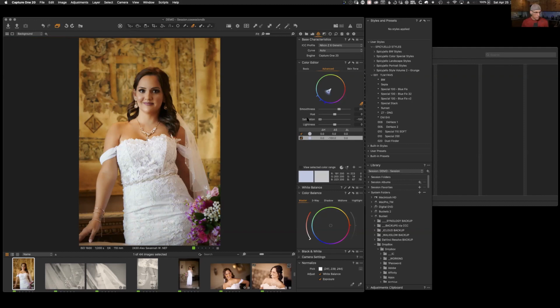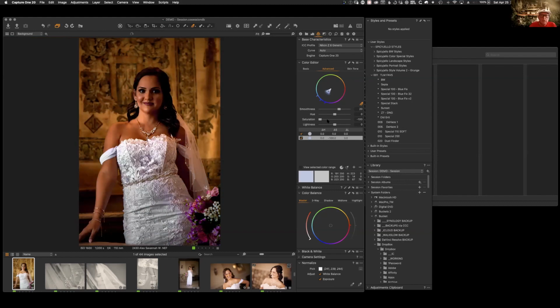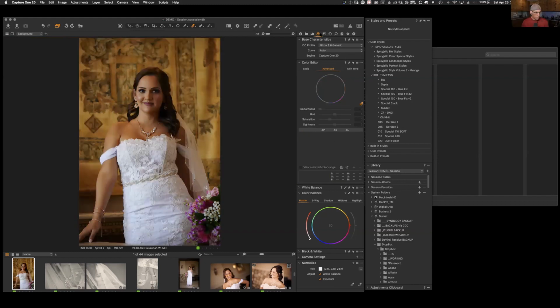So you use the skin tone, specifically to skin. But notice if I oversaturate it, that's the color I'm picking. So what I'm going to do, I'm literally just going to pull out that color. So now her dress looks beautiful in white, and I don't have to go in and desaturate it manually. So nice. The other way that you would do that is under the